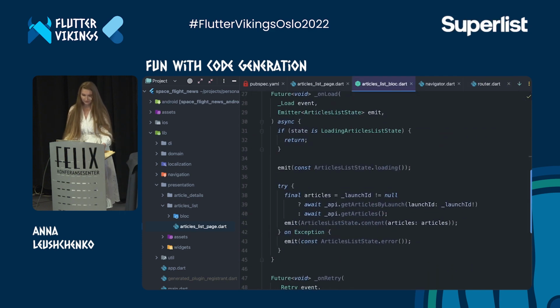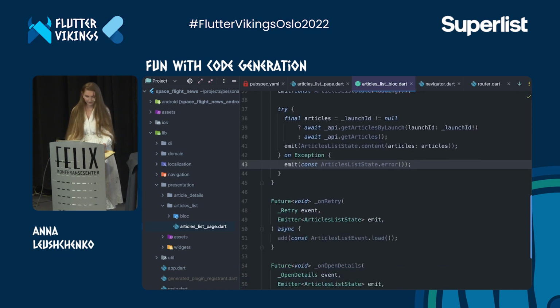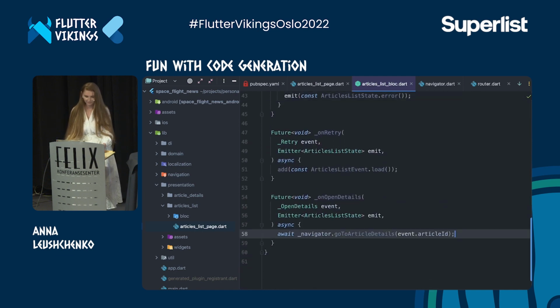When the articles page is opened, it loads the list of articles from the API, updating Bloc state first to loading and then to content or error. And when the user taps on the list item, it calls the go to article details method of the navigator, which we just saw.